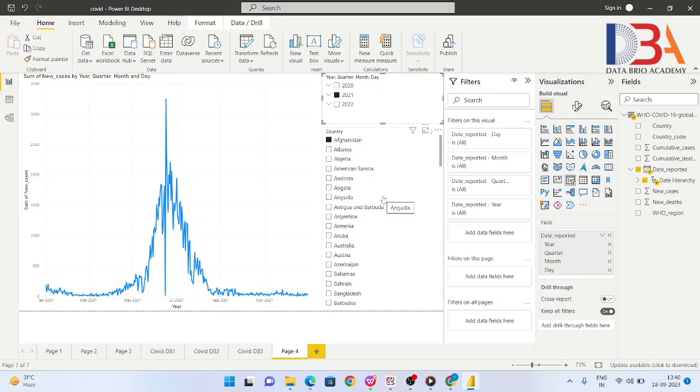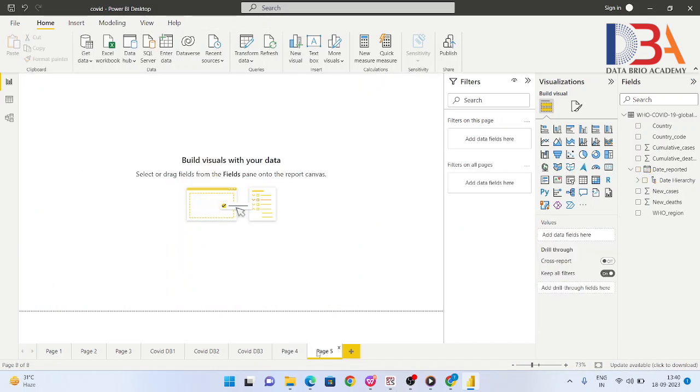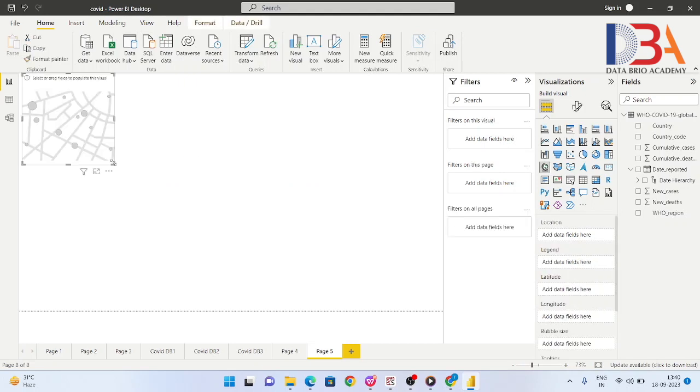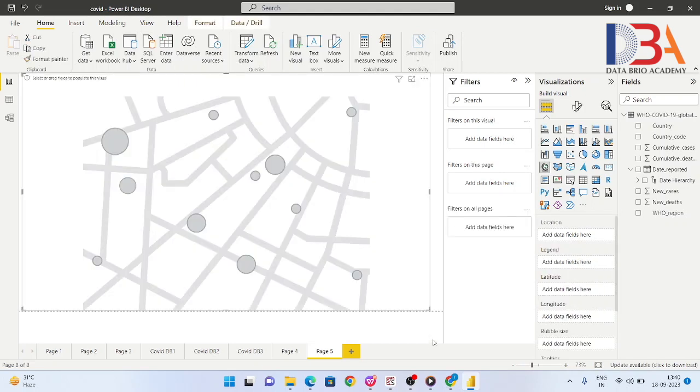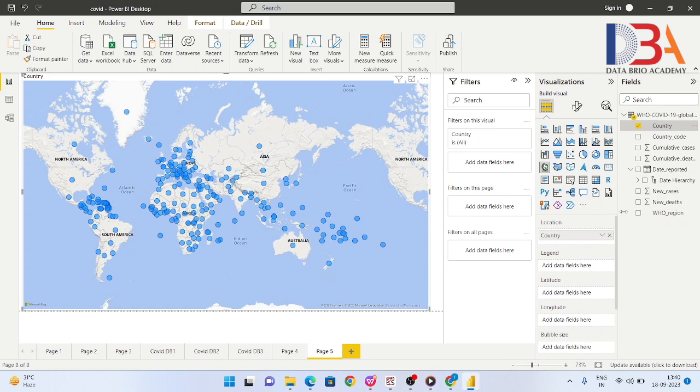Next we will build a map. So we will click on this map and we will drag country and drop it over location, and we will drag new cases and drop it over the bubble size.